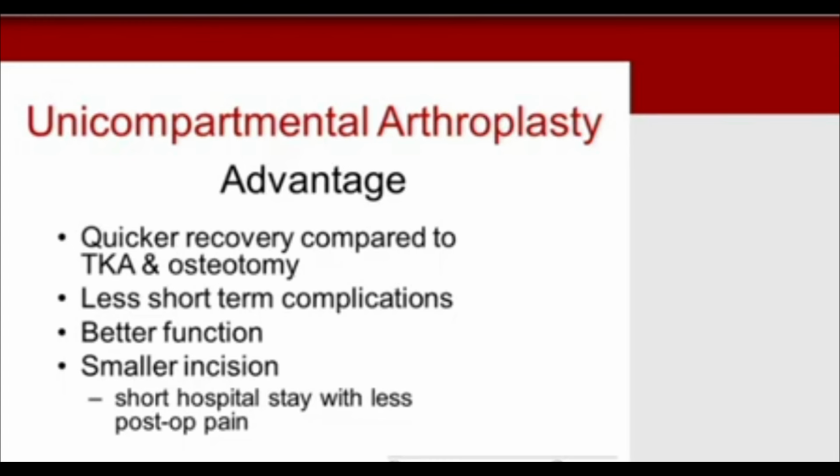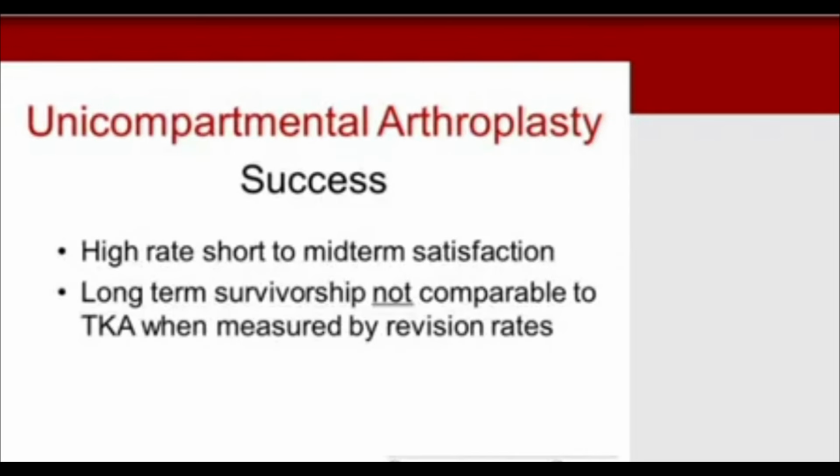Moving on to unicompartment replacements, this involves primarily the medial compartment replacements. It's a quicker recovery compared to total knee and osteotomy, less short-term complications, overall better function than osteotomy, smaller incisions, shorter hospital stay with less post-operative pain. There's a high rate of short-term to mid-term satisfaction, but remember, long-term survivorship is not comparable to total knee